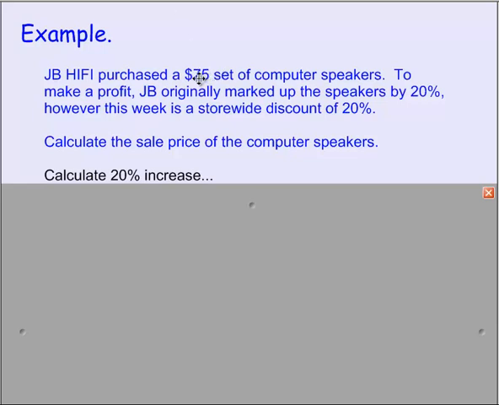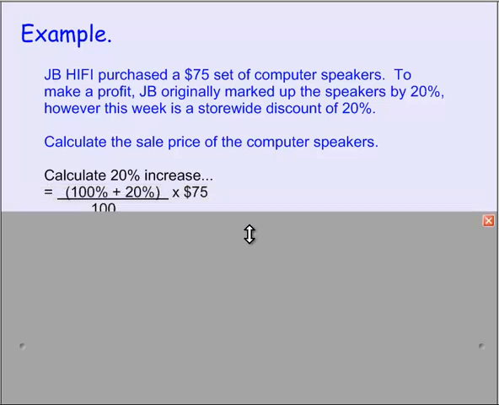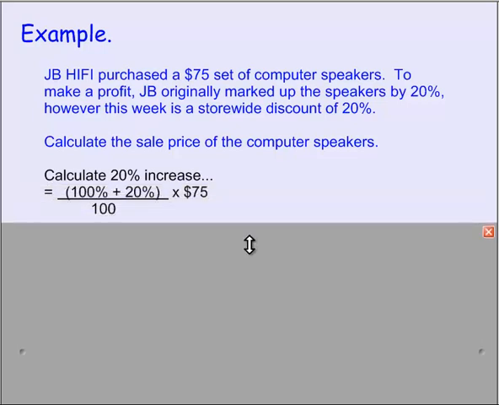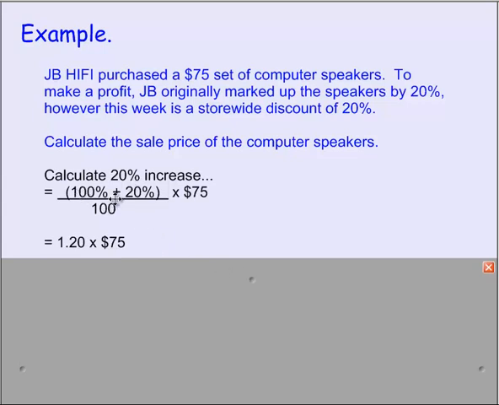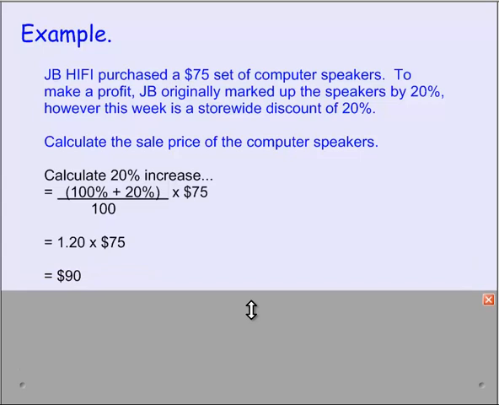remembering that $75 is the cost price, and once you put a markup on it, that's the sale price. So using my method, the sort of weird one, I have 100% of the price and I'm increasing it by 20%. So I actually need to work out 120% of the cost price. 120 divided by 100 is 1.2, times it by $75, and now JB is charging $90 for the set of